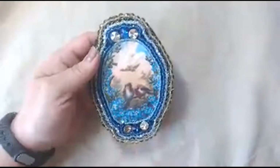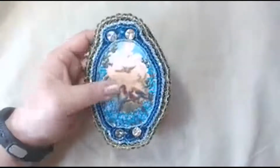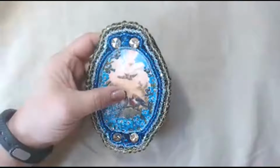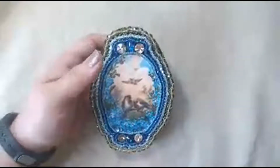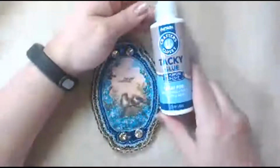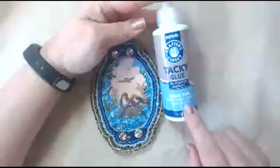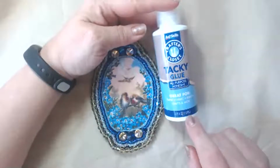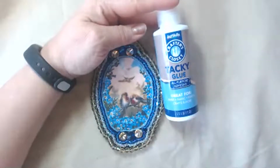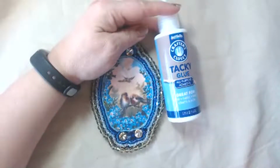And I didn't have any triple thick, glossy accents, Mod Podge. I didn't have any of that. So I just took some glue that I got. Now this is glue. It is Crafter's Closet Art Skill Tacky Glue, all-purpose adhesive. This came from Dollar General, and I forget how much it was, but I was not going